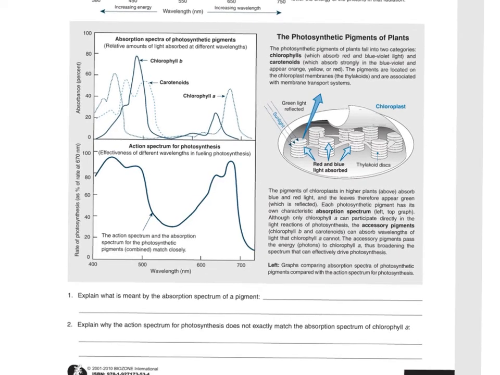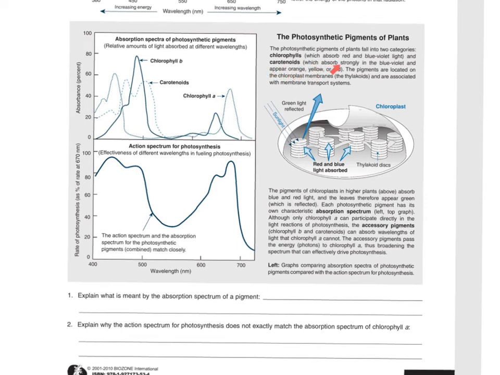If you get rid of the other ones, here's carotenoids, actually they don't absorb yellow. Carotenoids here, they say strongly absorb blue and violet, and appear orange, yellow, or red. So if you think about it, if you get rid of the carotenoids, you're going to see blue, the one that normally would absorb. So if you get rid of the other chlorophylls, then what colors would you get? Orange, yellow, or red, right? Green is always going to be there, because none of these absorb green.